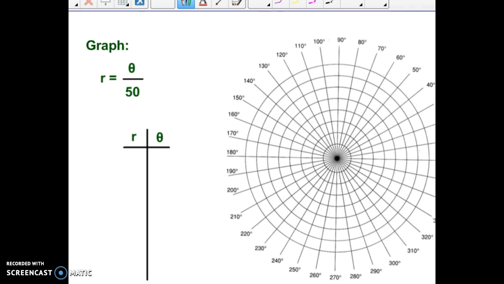Then if I go back to my graph paper, when r is 2, theta is 20. When r is 4, theta is 20. It would just be a straight line coming out. So it's kind of like three different kinds of graphs that you would see when you're graphing